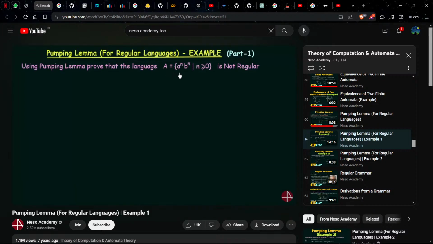Okay, so here we have a language given, which is A equal to a raised to n, b raised to n, for all n greater than or equal to 0. I already told you in one of our previous lectures why this language is not regular. This is because this language is of the form a raised to n, b raised to n, which means that we can have any number of a's, followed by the same number of b's as the number of a's that we had. And why is this not regular? It is because in order to achieve this language, we need to keep account of how many a's we had. Then only